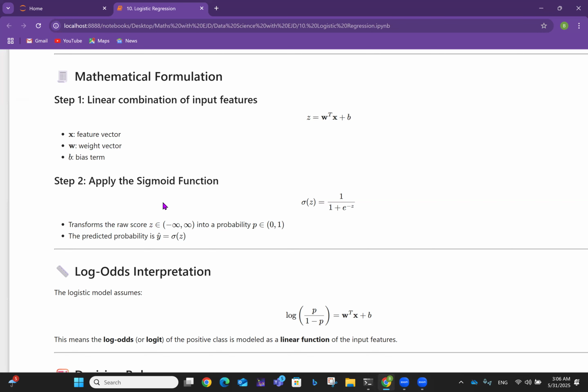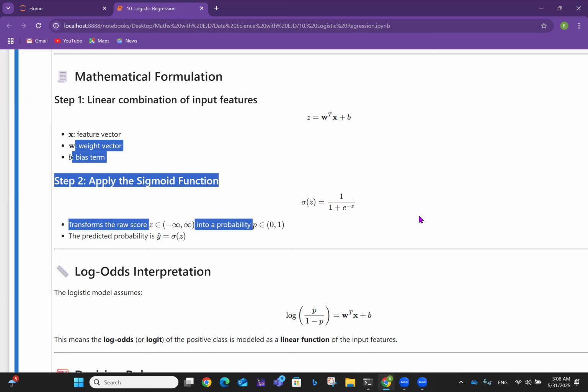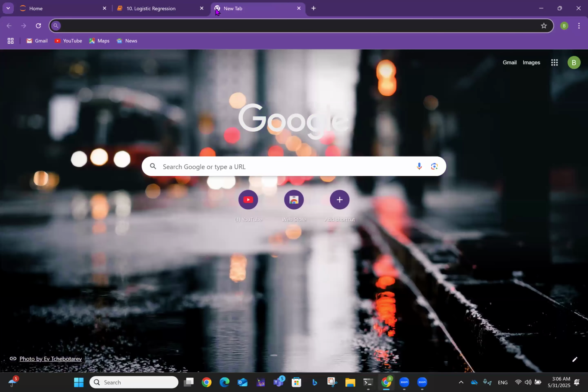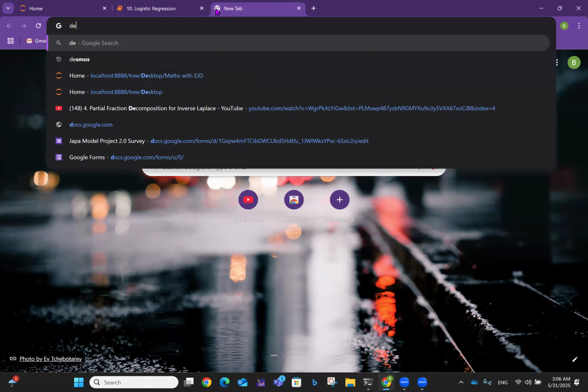Now we have step two, apply the sigmoid function. This sigmoid function is a function that rises and then saturates at a point. It looks like an S in shape, like if I can make a motion with this, something like this. Well, why do I even have to do this? I can actually use Desmos, right? So you can really get the idea of a sigmoid function. So let me go